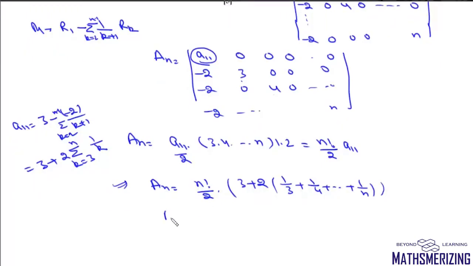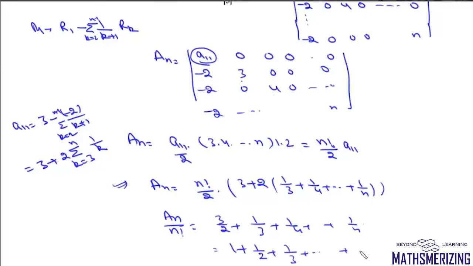Now we'll take an upon factorial n. It will be simply 3 by 2 plus 1 by 3 plus 1 by 4 up to 1 by n. So it is 1 plus 1 by 2 plus 1 by 3 up to 1 by n, which is nothing but